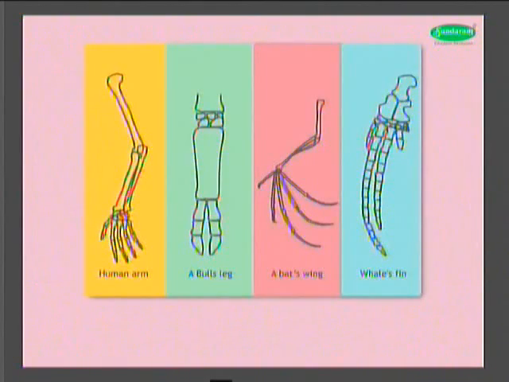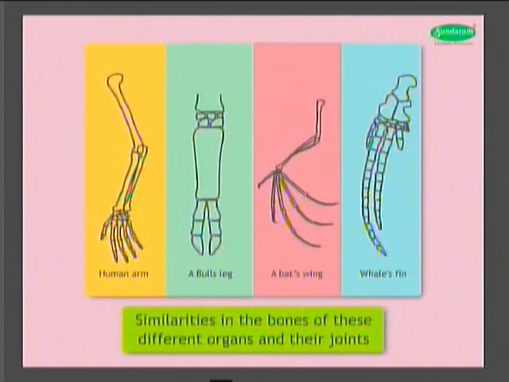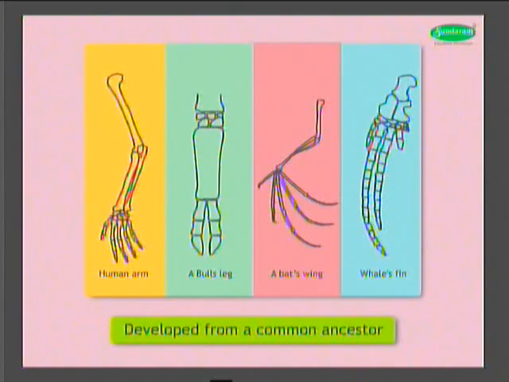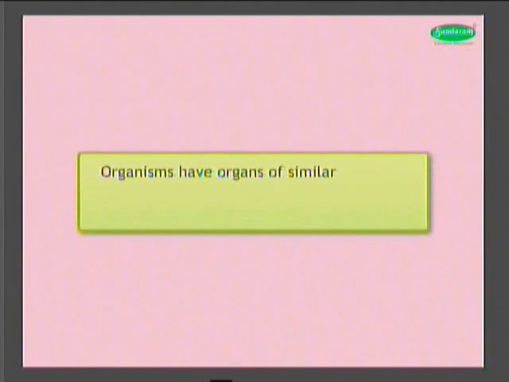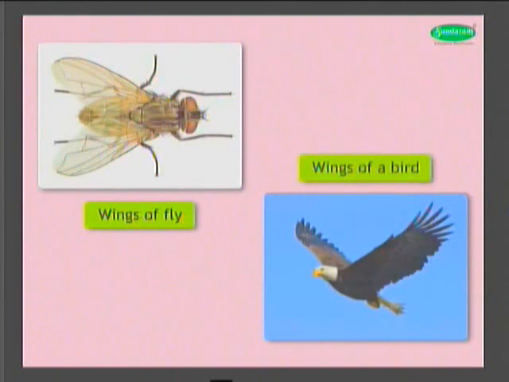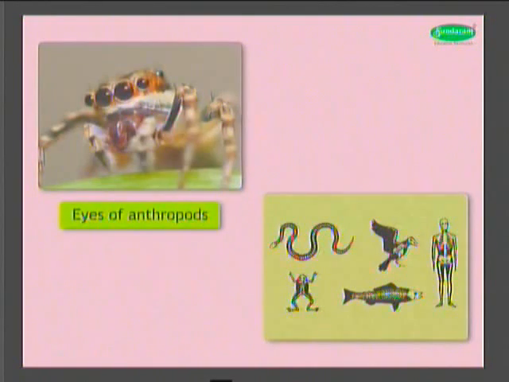When we observe the figures minutely, we are able to establish similarities in the bones of these different organs and their joints. This similarity is attributed to having developed from a common ancestor. Students, it is interesting to know that organisms have organs of similar function. If they are fundamentally unlike except in function, they are termed as analogous. Example, tail fin of lobster and flukes of whale, wings of housefly and wings of a bird, eyes of arthropods